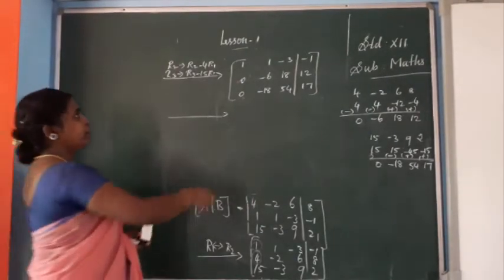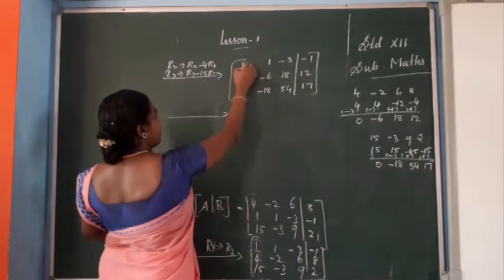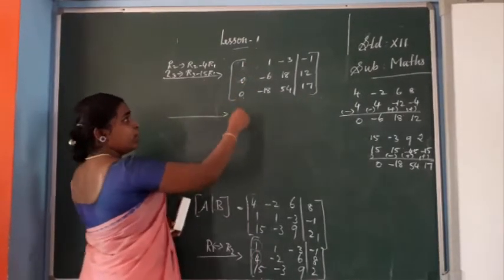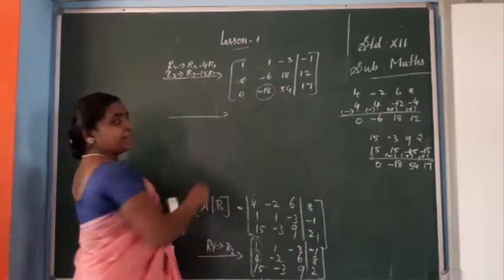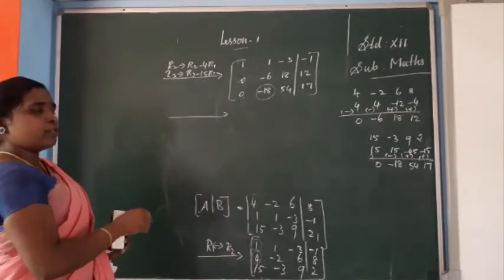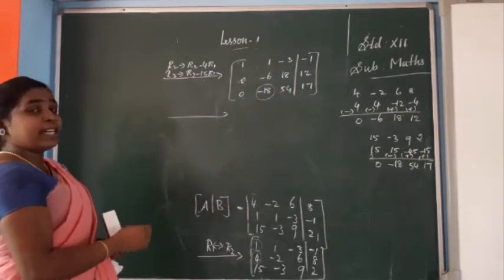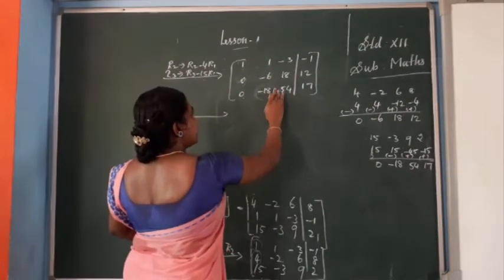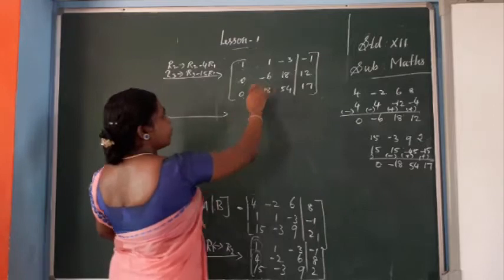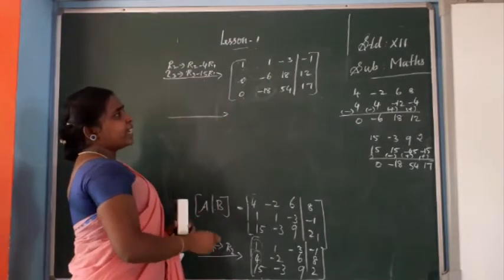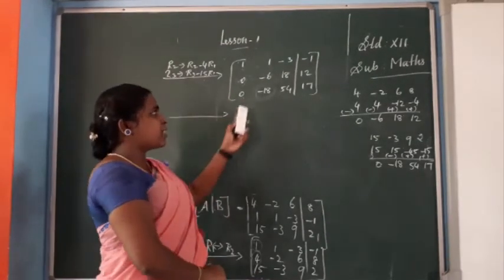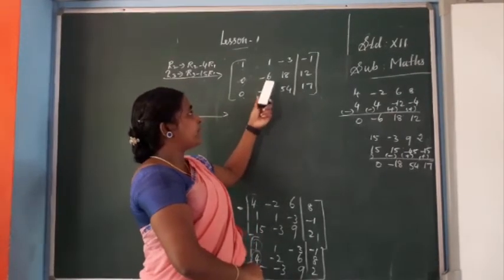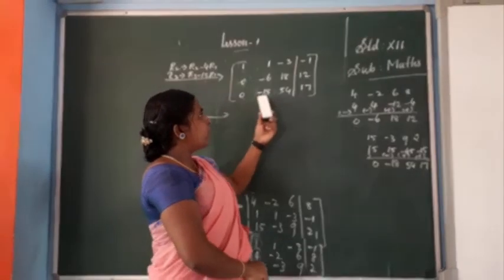Okay, listen. First row, now we have converted, non-zero is there. Next row 0. Next row also 0. Now what do you need? Instead of minus 18, we need 0. So we have to eliminate minus 18 using the second row. You only use the second row. Before multiplying, you can divide also. Here, 6, 18, 12, the 3 numbers are multiples of 6. So you can multiply by 1 by 6. In the last row also, all the elements